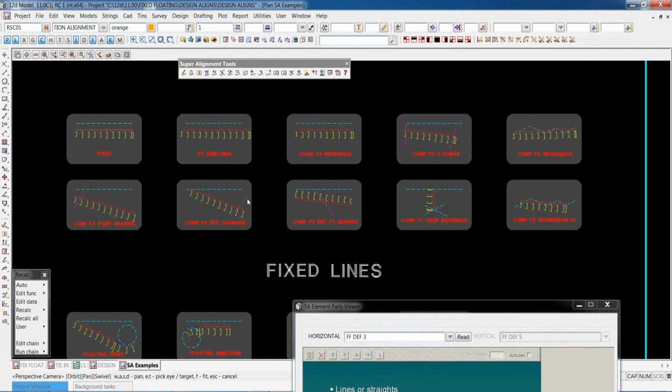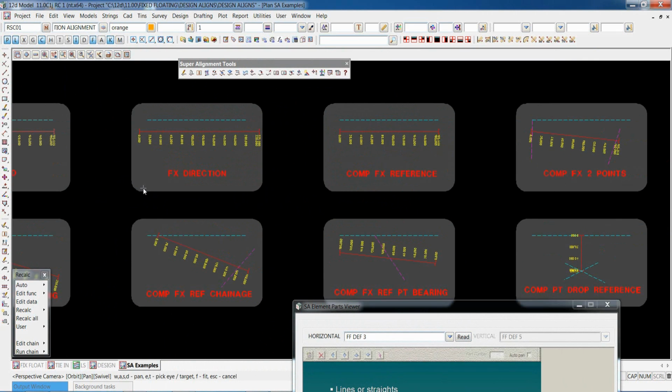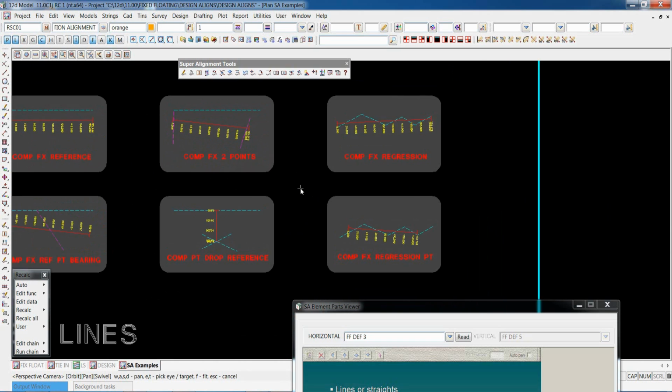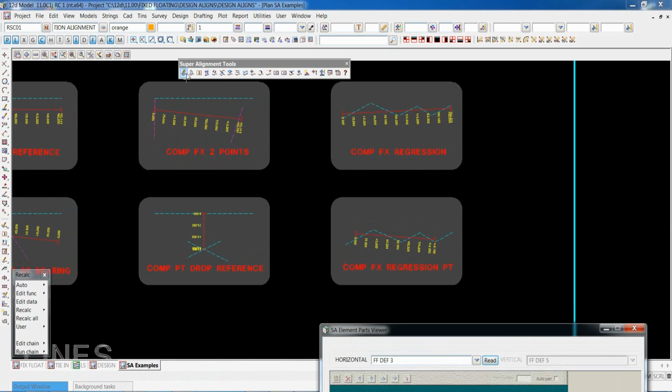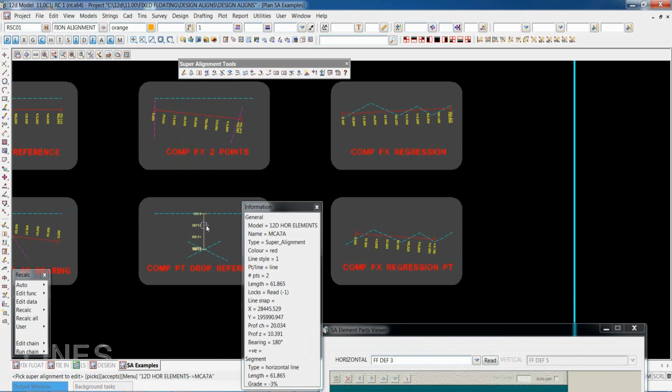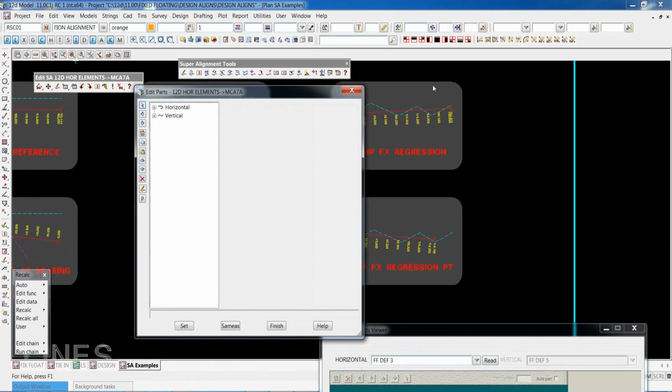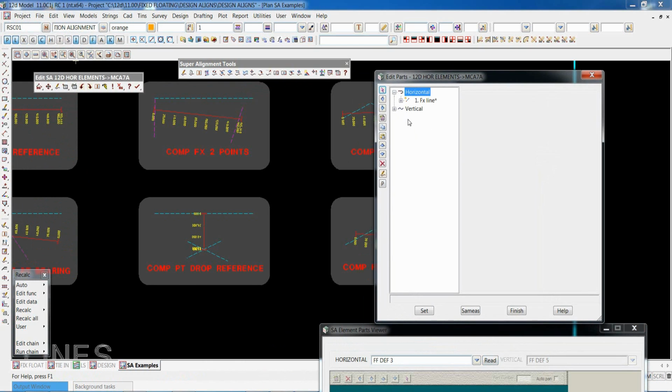These are actual alignment strings that you can edit. So in that case, I've looked at a fixed directional line. Anything with the word comp in front of it means computator. So in this case, you might look at some of the more difficult ones, and you can just bring up your editor and pick this string here. I can look at the part, I go in the horizontal. Some have vertical geometry in them too, so you can profile them and have a look at what they've got in vertical. So the fixed line is a computator because it's got a little asterisk next to it.